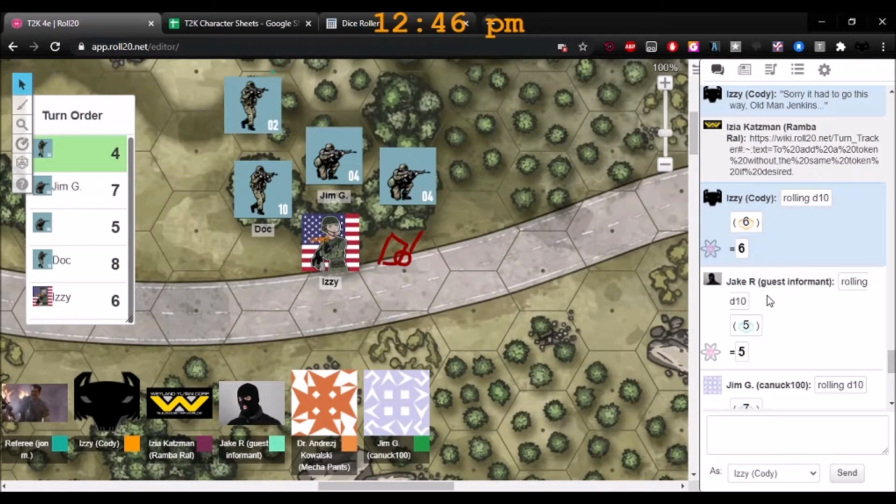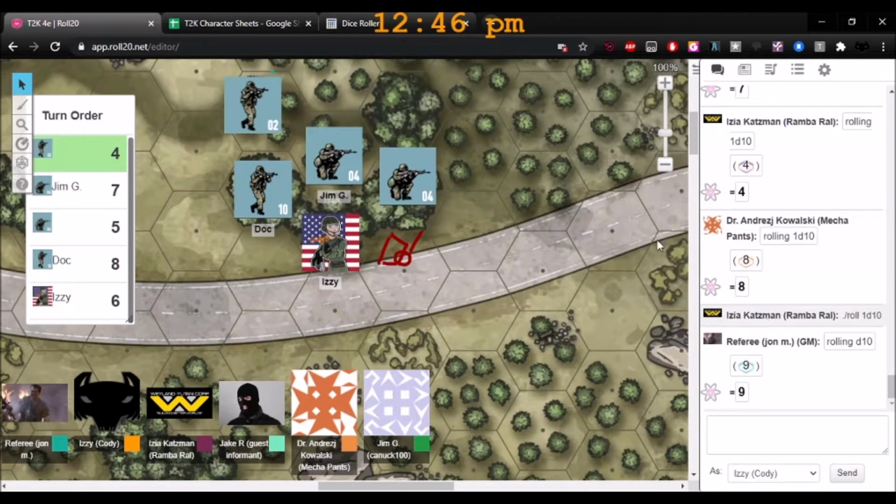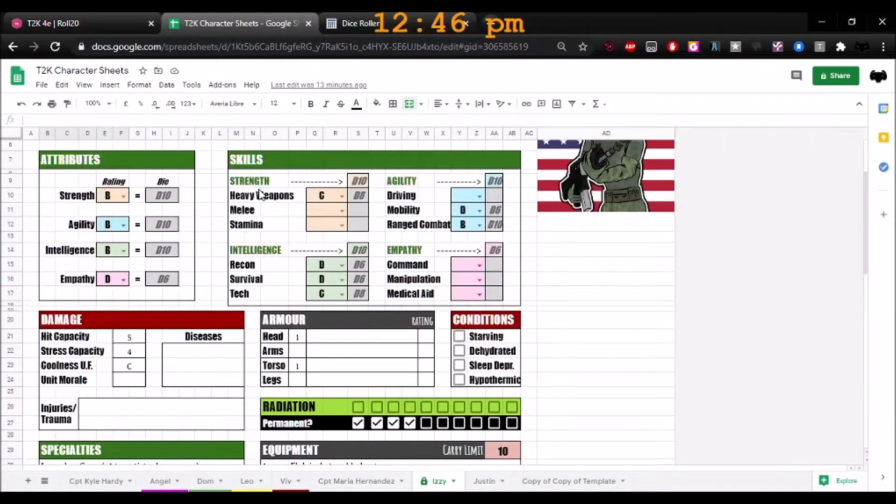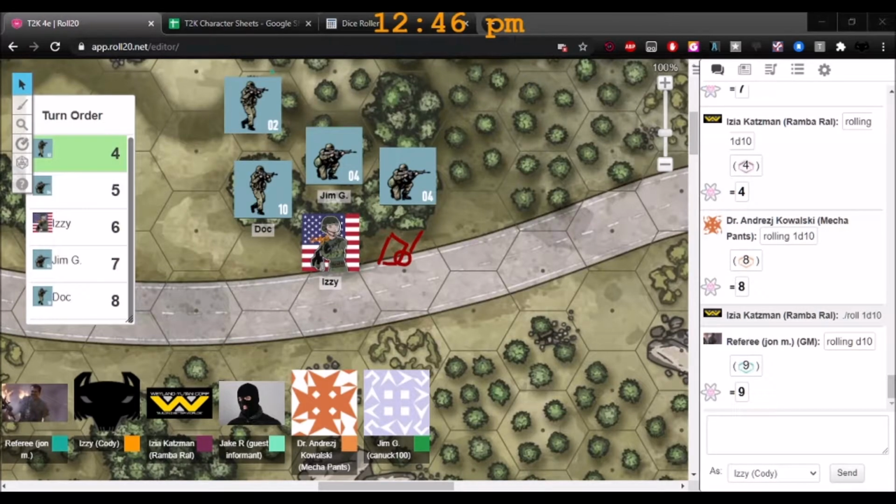Oh, how about that? Okay. And then descending. No, ascending. So Catsman's first.